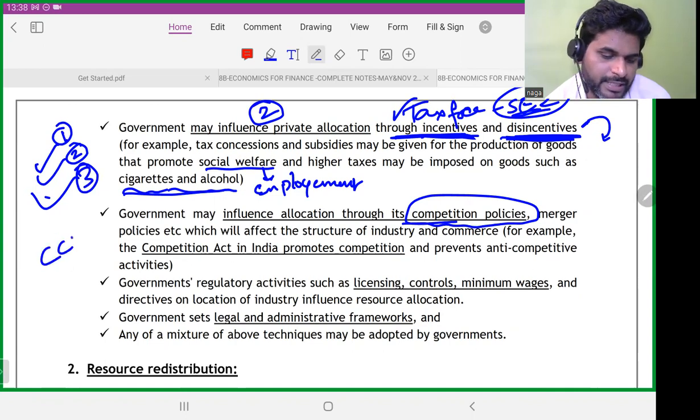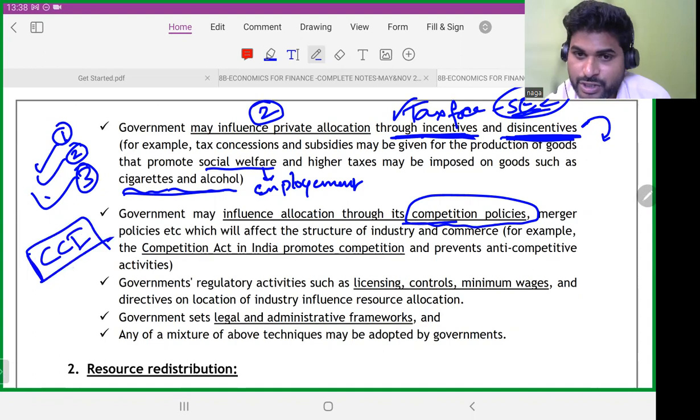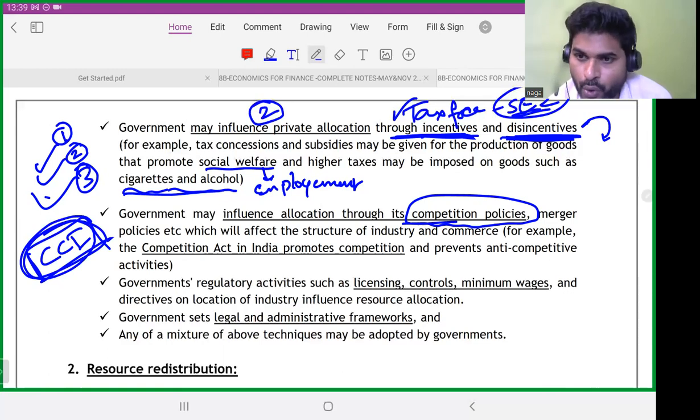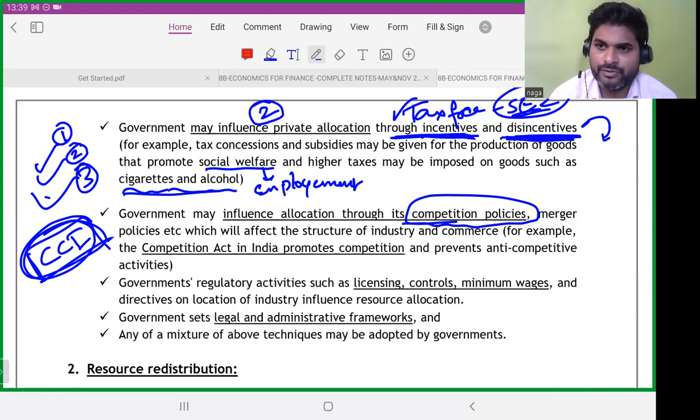the Competition Commission of India, CCI. So this decides if there is any monopoly in the market. If you remember, when Flipkart was sold to Walmart, the Competition Commission of India scrutinized the transaction. Is it leading to online market space monopolization or not? That scrutiny by the Competition Commission of India was done. If there are any monopoly practices, they put a lot of penalties. They put a lot of penalties on Google as well, many times. So these things are done.